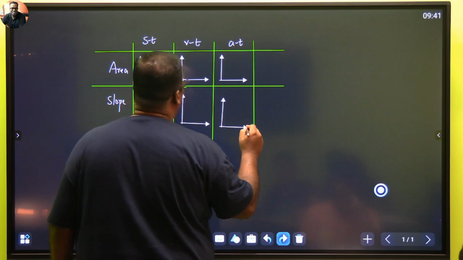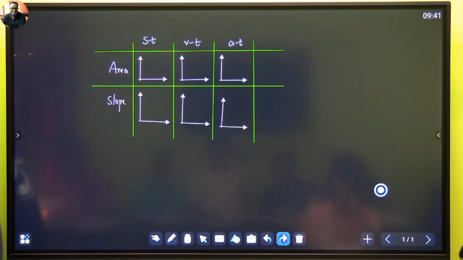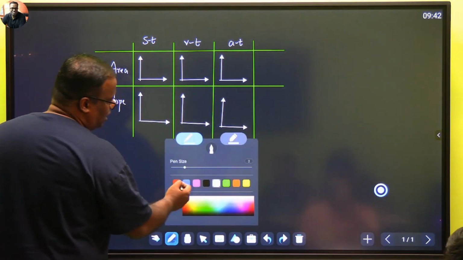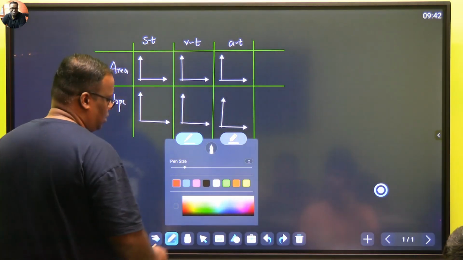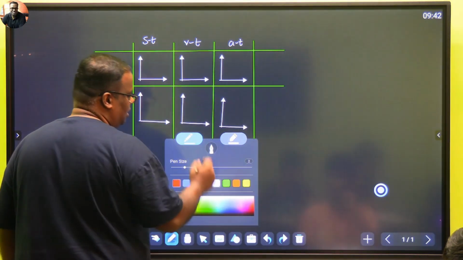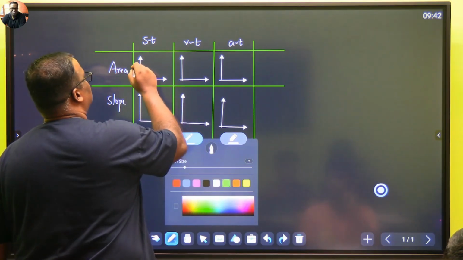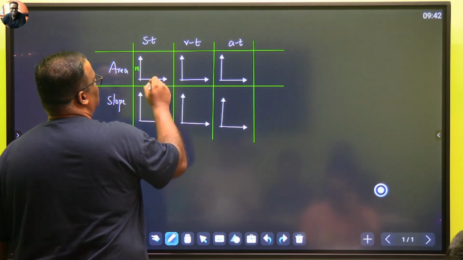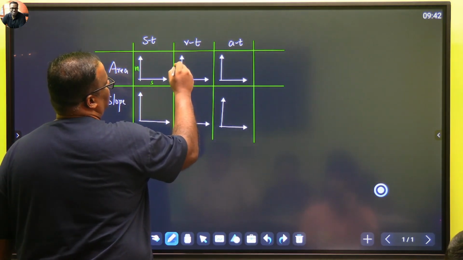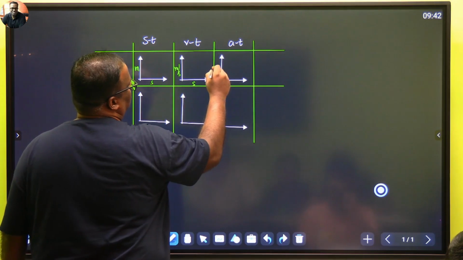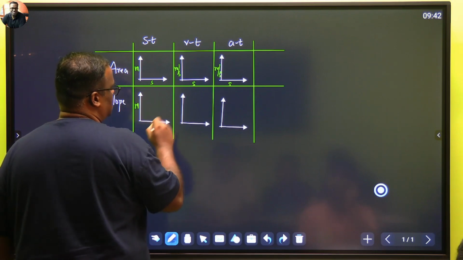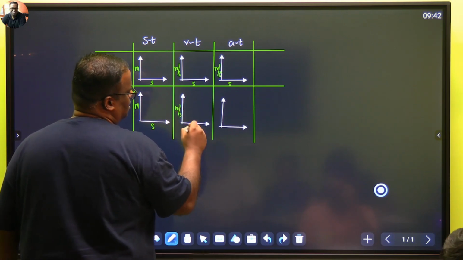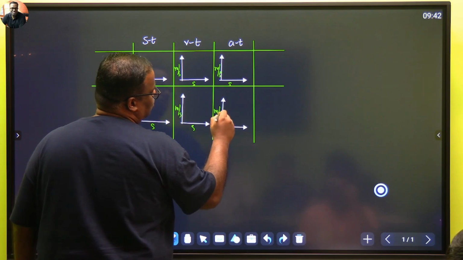Now see, we said area of an ST graph does not give you any data, right? What did we say? Area of ST graph does not give me anything. ST graph का एरिया होगा मीटर इंटू सेकंड हो जाएगा ना. तो ठीक है, चलो अभी डेटा भी डाल देते हैं. चलो, this is ST graph, meter, second, meter per second, meter per second square, second, meter per second, meter per second square into second.